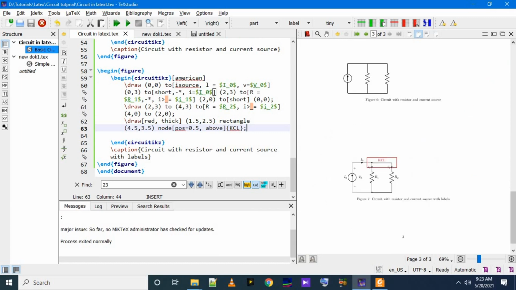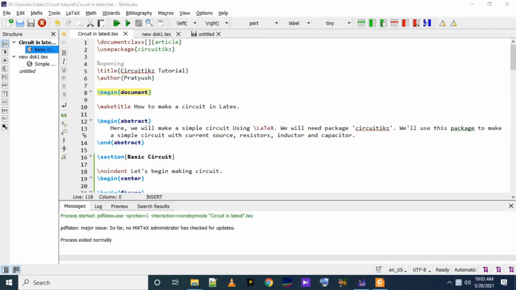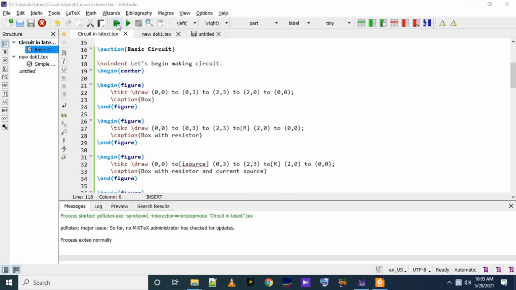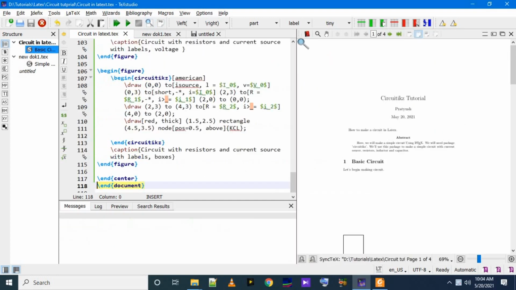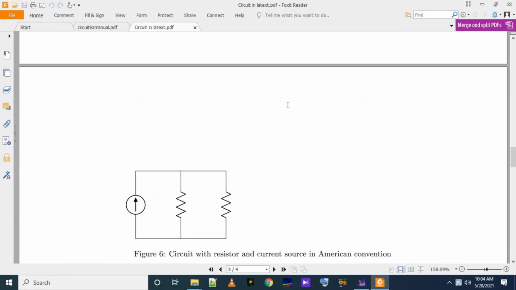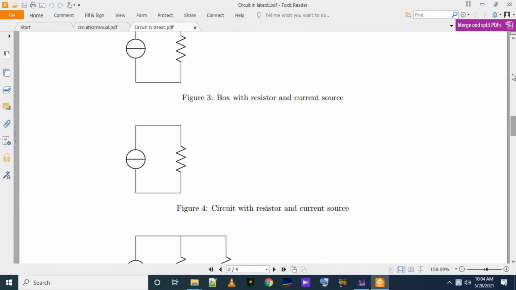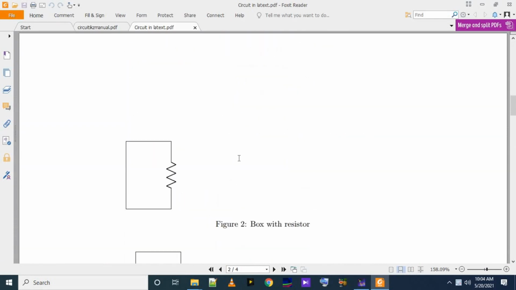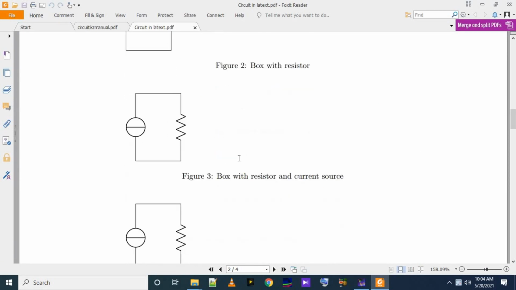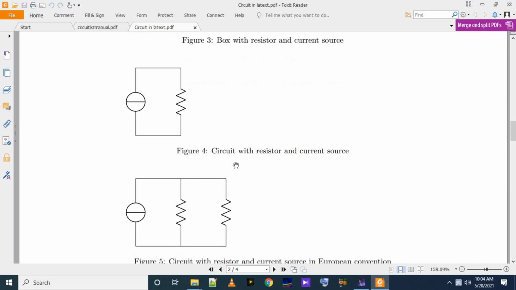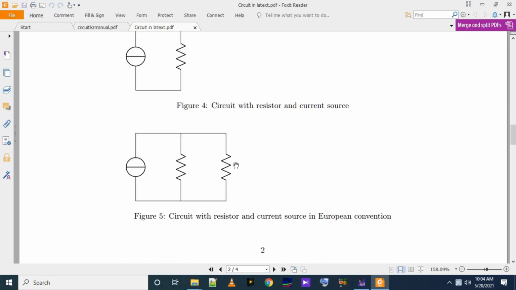So this completes our tutorial. Here is the complete circuit. One is a box with a resistor, and a box with a resistor and current source. Now we have the circuit. Now the circuit current in European convention.